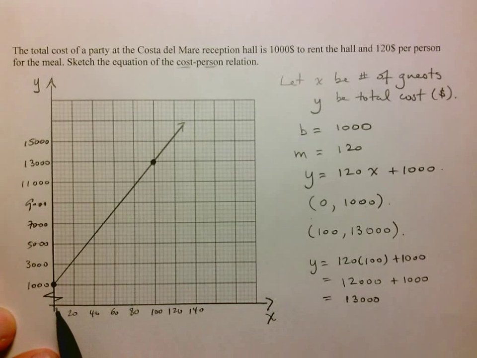So here it didn't make sense to have our x values going up by 1 guest. Okay, so here we chose to go up by 20 guests each time. And if you're going to skip a whole bunch of numbers to make it more convenient, be sure to use your